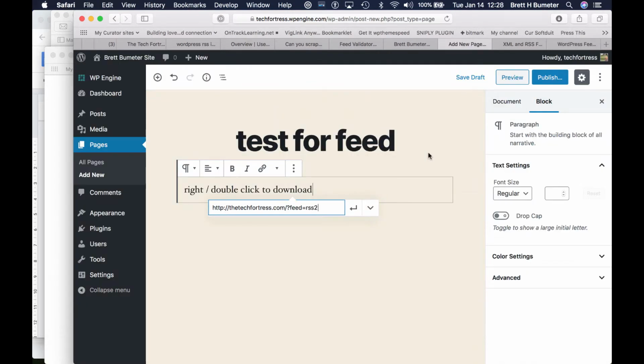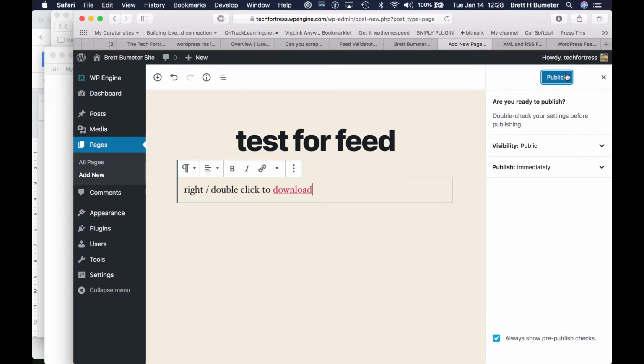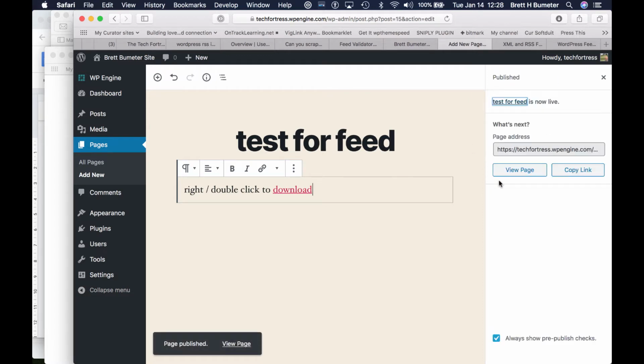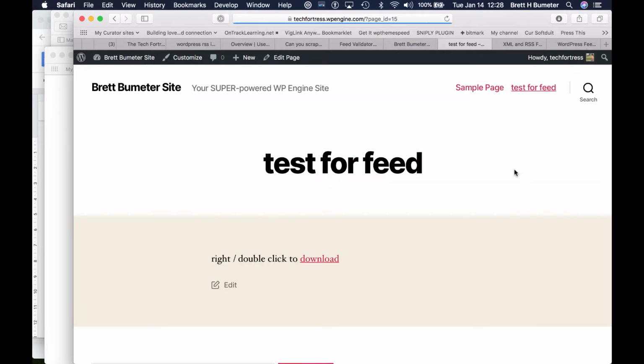So I'm kind of freewheeling here and just trying to figure out how to create a download link for an RSS feed on a different site, on an external site. So I'm going to give this a go. I'm just setting up a hyperlink here with what I think the RSS2 feed link probably is. Return that, and I've made this on a page, so I'm going to publish this on this transferable install,